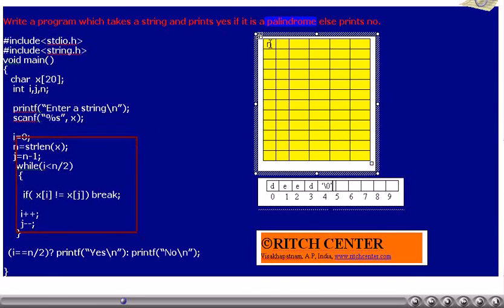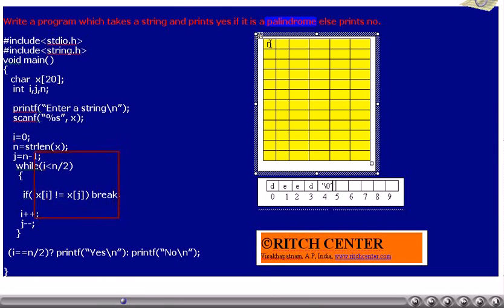We know that when the while condition, i less than n by 2, becomes false, if i is equal to n by 2, it means we have not come out of the while loop or any iteration because of a mismatch of any pair.